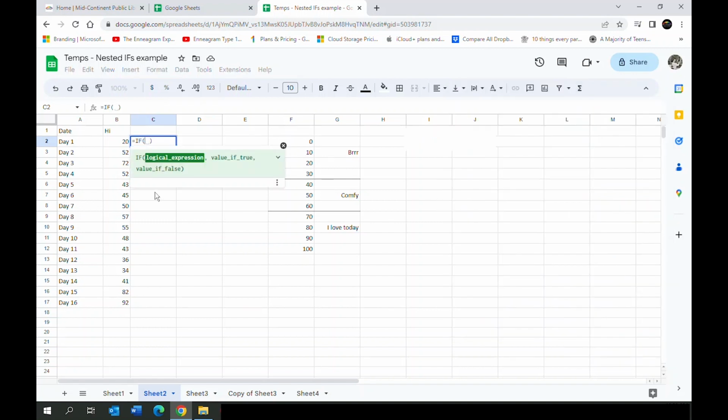And my logical expression is if B2 is less than 40, and I know as soon as I click on this F6 that I need to come back in front of the F and press my F4 key on my keyboard so that I make that an absolute reference. Then what am I going to do? Well, first of all, we'll put in a comma to show that we have finished our logical expression. So what is the value if true? Well, the value if true is BR, so I'll put in quotes, BR, and then I'll put in my comma,